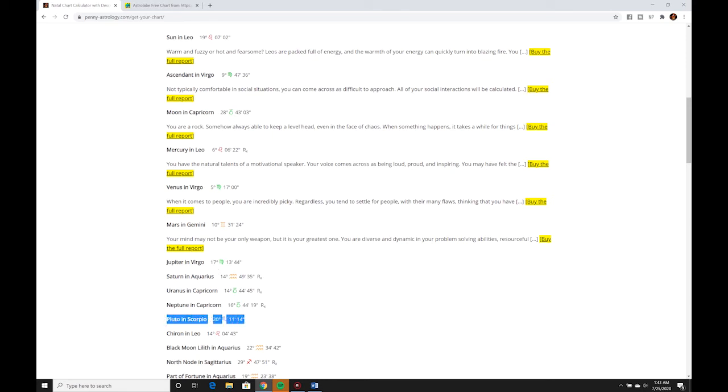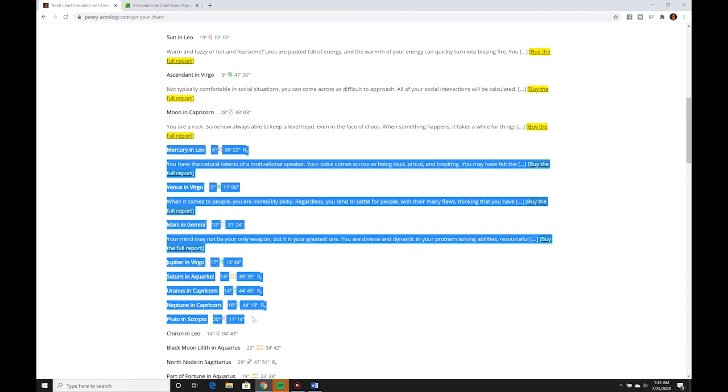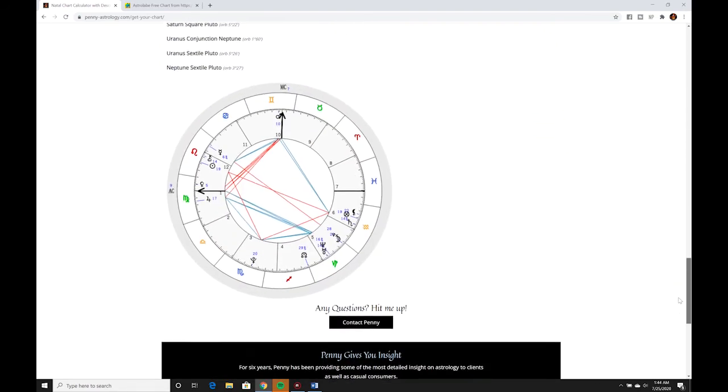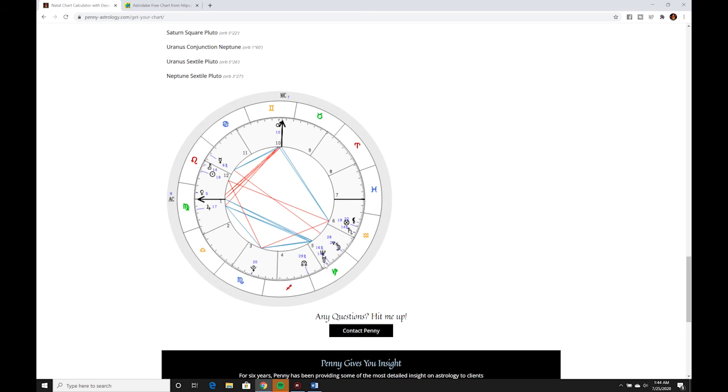So once you get down to here, these are in order of how fast they move. Mercury moves faster than Venus, and Venus moves faster than Mars. So that's a quick way to absorb that little tidbit of information. But yeah, so the personality of our generation. And then when you look at them in your own chart, so this is Uranus and this is Neptune, you find them down here. Even though everyone else born the same year as me has Uranus and Neptune in Capricorn, and even though they have Saturn in Aquarius,